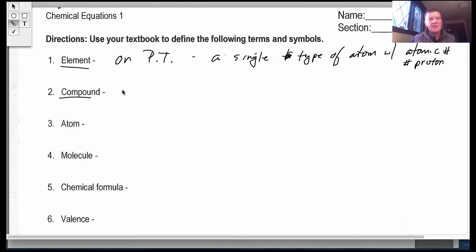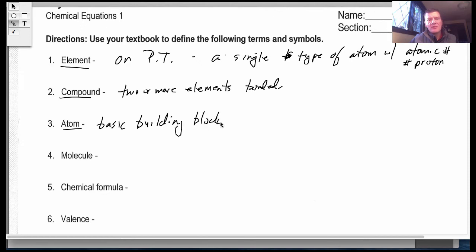A compound is two or more elements bonded together. An atom, those are the basic building blocks of all matter. Remember, an atom, you've got your nucleus, you've got your protons and neutrons in the nucleus, and then you've got your electrons outside of that nucleus. Okay? Molecules